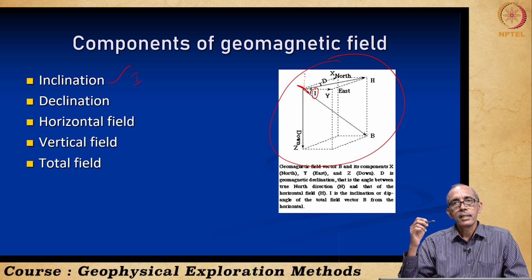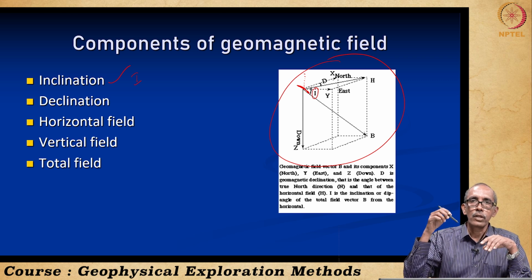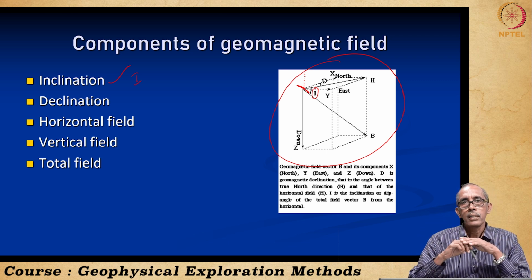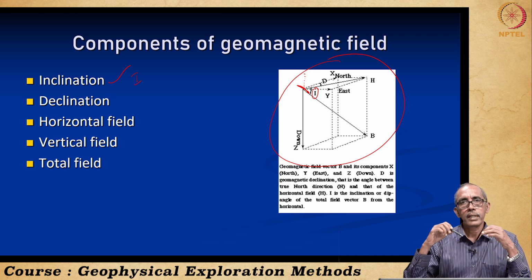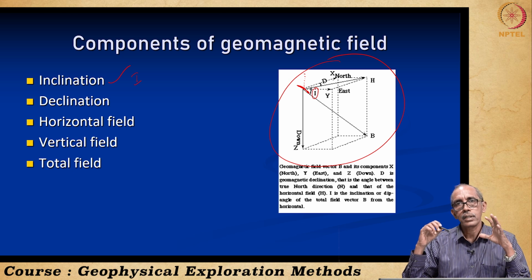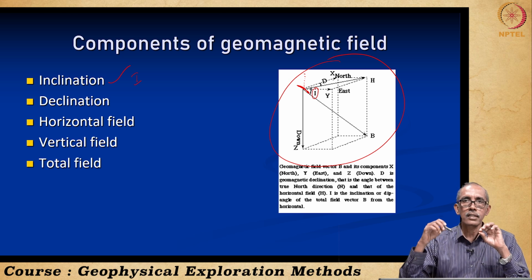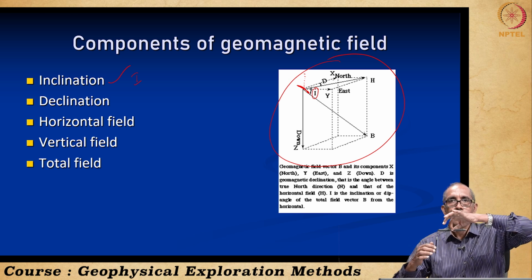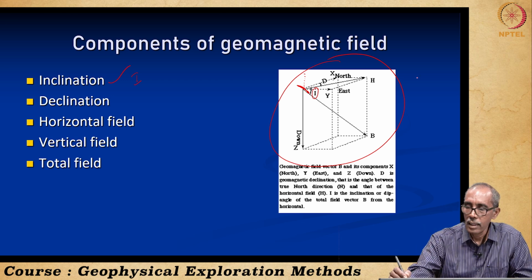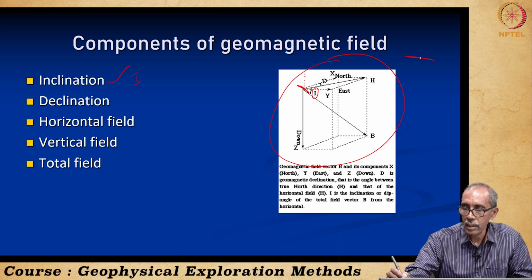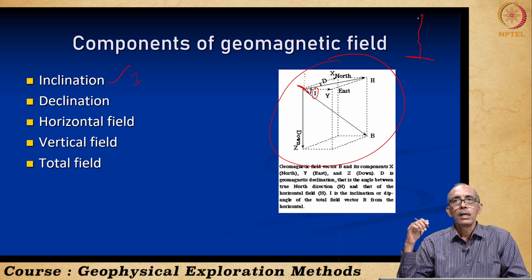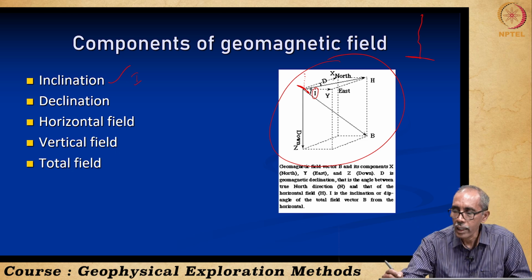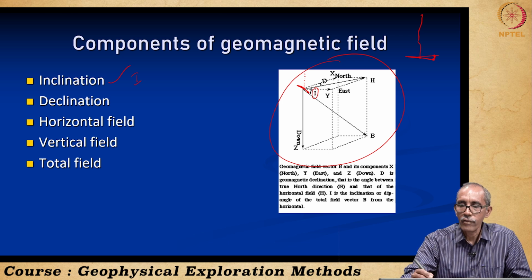I is the angle that the magnetic needle makes when you keep it at a particular location. The needle can be freely suspended. Imagine we are freely suspending the needle, so that we need not worry about the axis of the needle. Suppose you freely suspend the needle by connecting a thread at the center. So, this is the magnetic needle attached to a thread. It is going to point, let us say, downwards, as you see in this diagram. This angle is the angle of inclination.